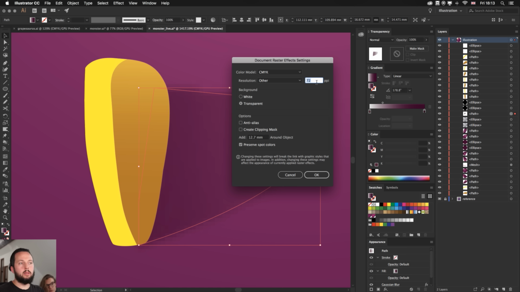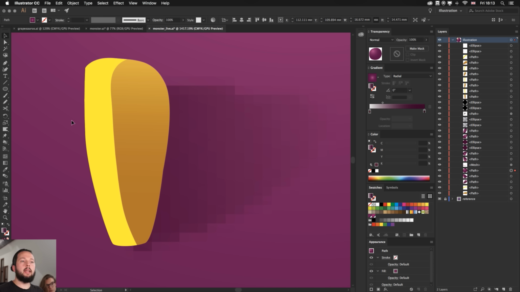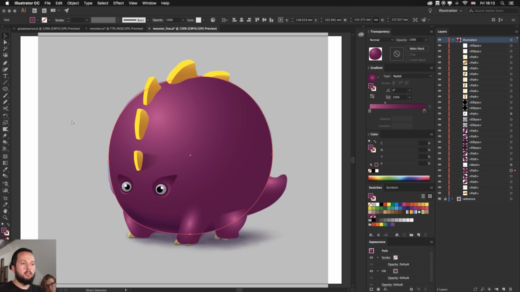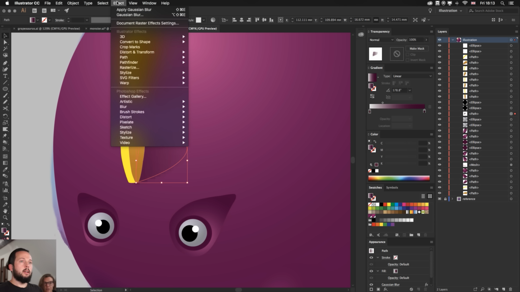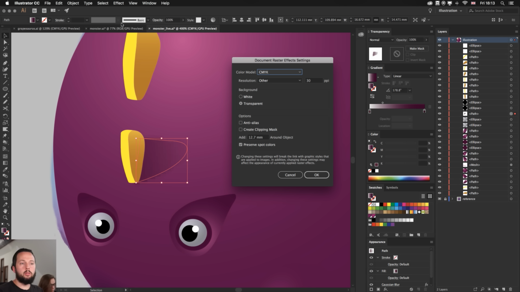Sometimes I would set it up to, let's say, 30 ppi, and then it's obviously pixelated, so I won't forget to set it up at the end when I'm exporting the PDF or the EPS file from this. But it helps you to work faster. I mean, the computer won't be struggling to work with these type of effects when the resolution is set low. That's a really good idea. Yeah, and it's a global setting, so it won't be object-based. It will be applied on the whole document.